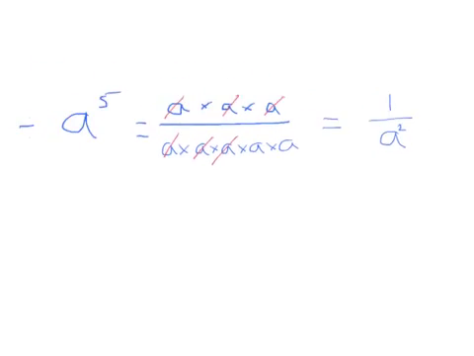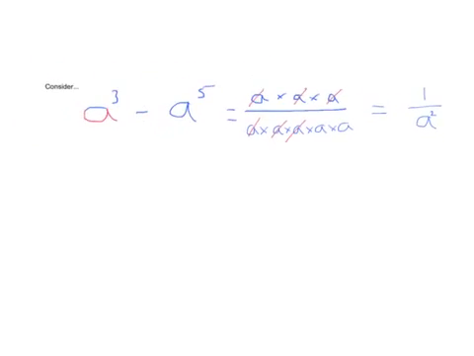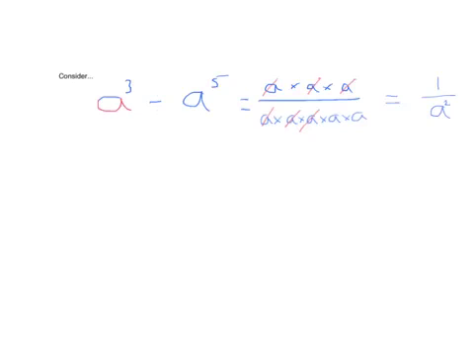Our starting point was a to the 3 divided by a to the 5 equals 1 over a squared. But using our second law, we know that because it's a division and both have the same base number, this a, we can subtract this 5 from this 3. So if I simplify this and do 3 minus 5, that's the same as a to the 3 minus 5, which is a to the minus 2, is equal to,